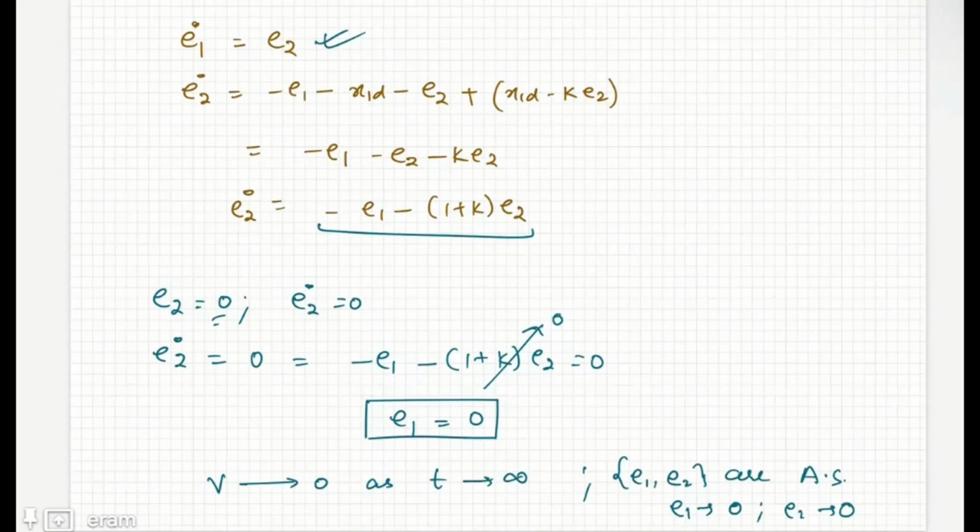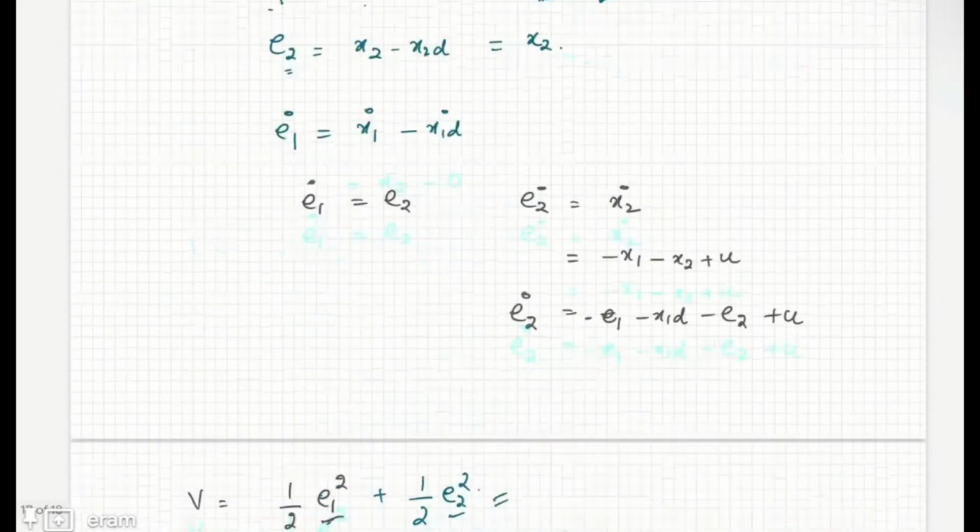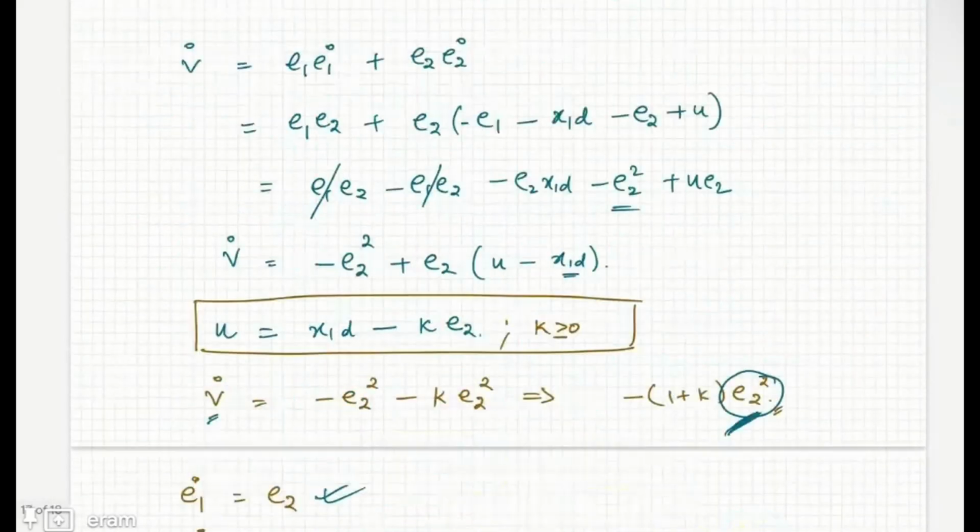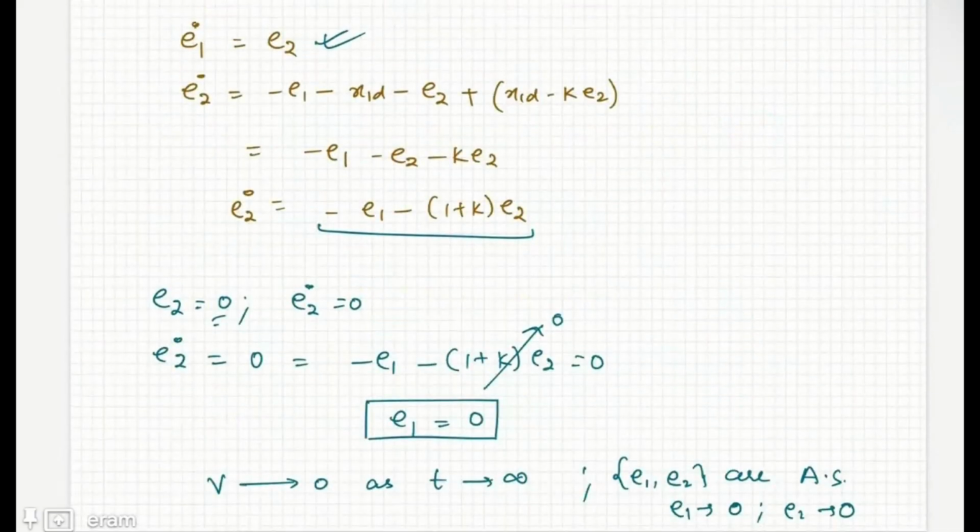Okay, so this is how we can design a controller based on the Lyapunov analysis. Okay, so next week, I will show you MATLAB simulations for both of these examples where we have constructed an observer, the previous question, and this controller question. So I will show you how we can simulate these observers and controllers,